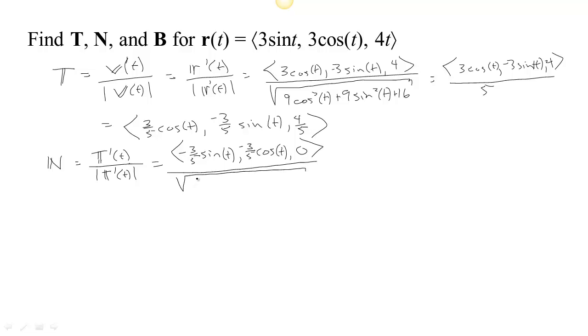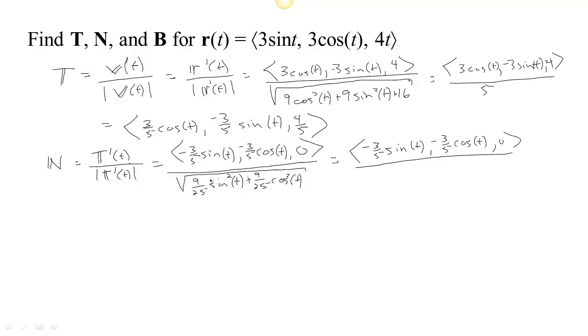If you square 3/5, you get 9/25 sine squared plus 9/25 cosine squared, and 0 squared is 0. So now we have negative 3/5 sine t, negative 3/5 cosine t, and 0, all divided by